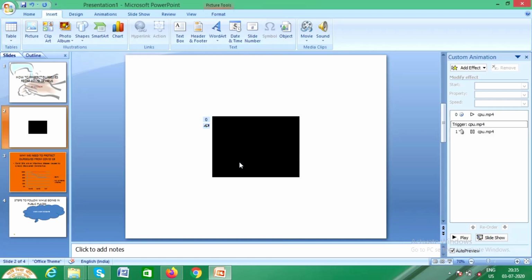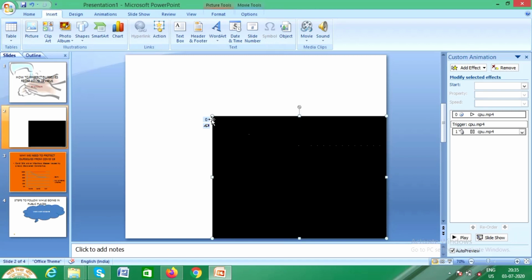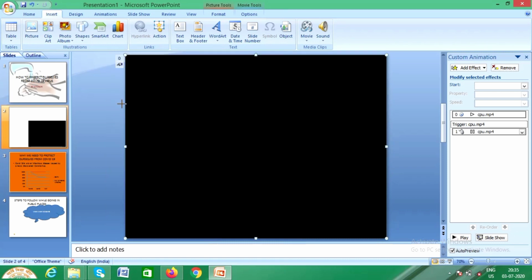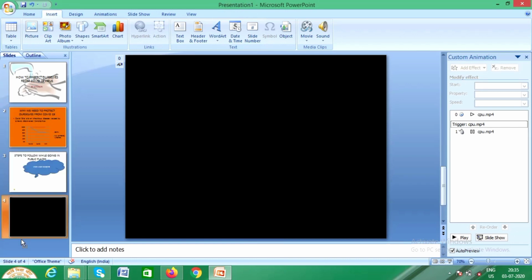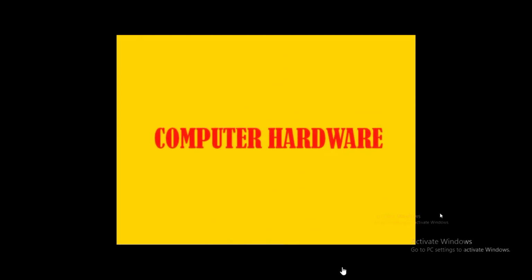So I'll be clicking on automatic, and you can make it full screen if you want. You can also make it small, it's your choice. Done. It's gone up, so I want to slide and bring it to the last. So again do the slideshow, and I am here doing the slideshow of the last. Today we will study what? Computer hardware. You can see the video is being played. Fine. So like this you can add the video, add pictures to your PowerPoint presentation.